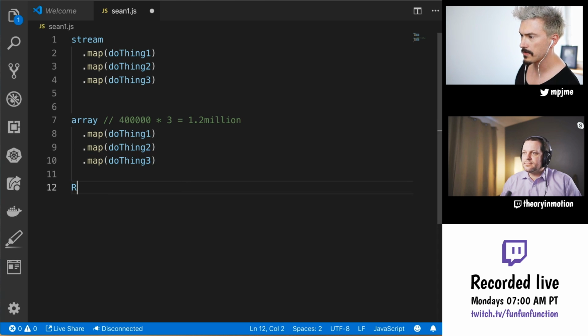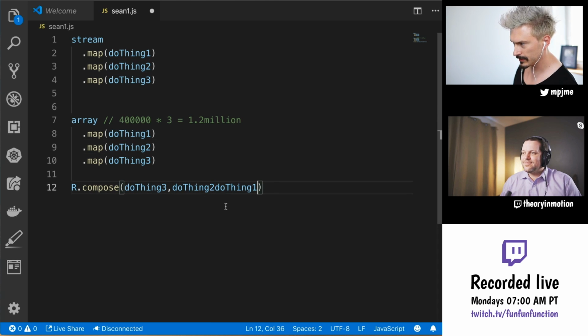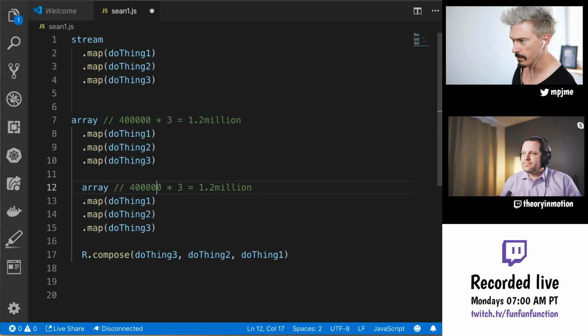So if we use something like, God, I hate IntelliSense. IntelliSense is the most overrated thing. Is this how you do it? I'm just playing around here. That's right. Yeah. Then I would just take this thing here. Why did I copy paste all that? And I could just do